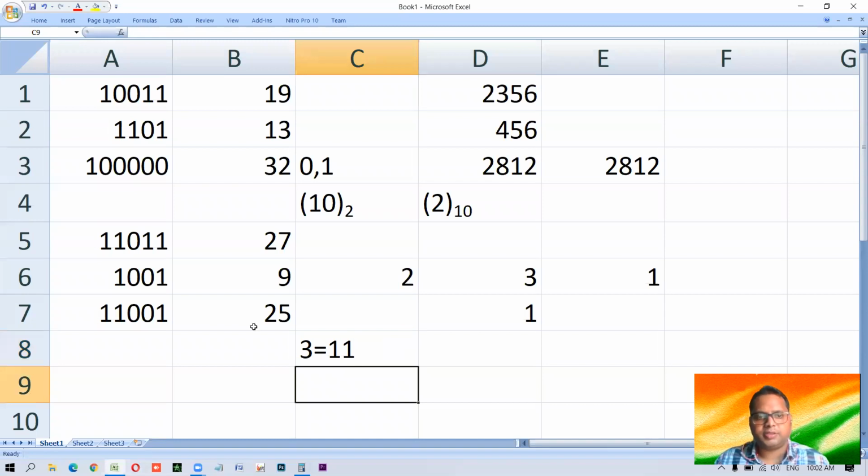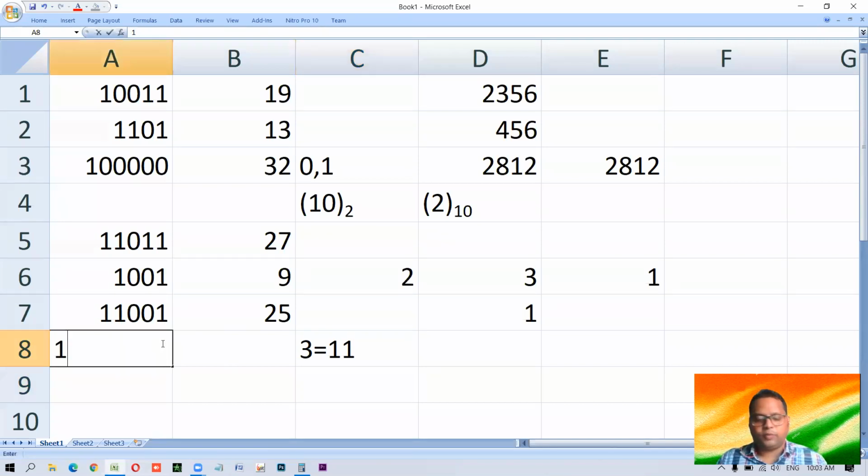Okay, now it is clear. If it is not clear, you may verify it here also. Choose the decimal and write 3. See the binary, 1 1 is coming. This is also verified. So 1 plus 1 plus 1 makes 1 1. So of 1 1, the 1 we will write here. And then we'll carry forward the other 1 to the next side. So next side it is 1 plus 0 plus 0, that is 1, plus the carried 1. 1 plus 1 again makes 2, that is 1 0, the 0 stays. The next 1 is carried forward again, here all are 0, 0 0 0 plus the carried 1 makes it 1.